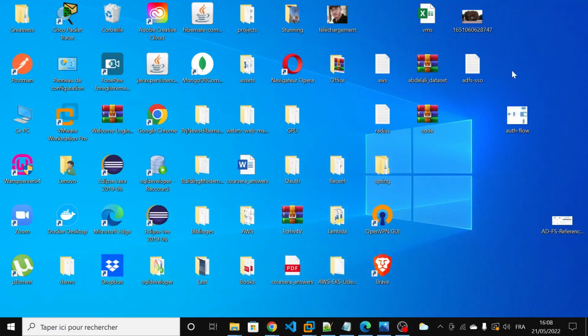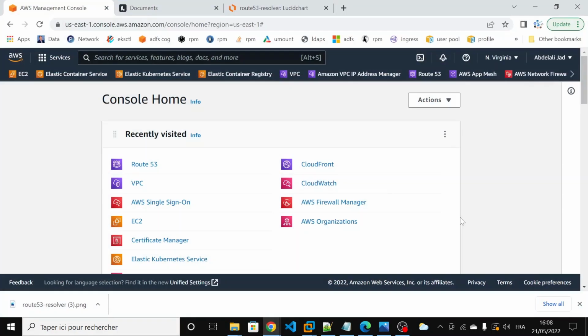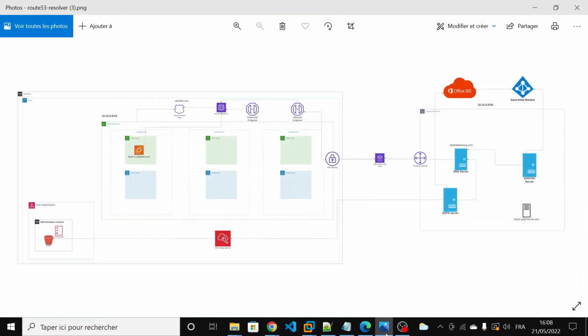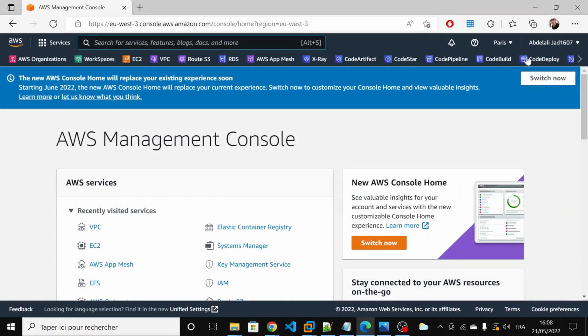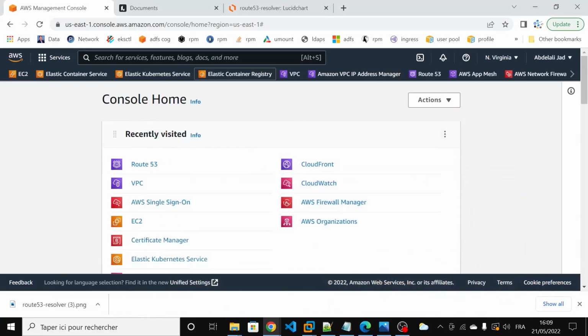For that I will go to my account. This will be my first account, and this one will be my second account. In the first account I will work in the North Virginia region. Why that? Because in North Virginia I have already created an AWS organization. That's why I decided to work in this region,